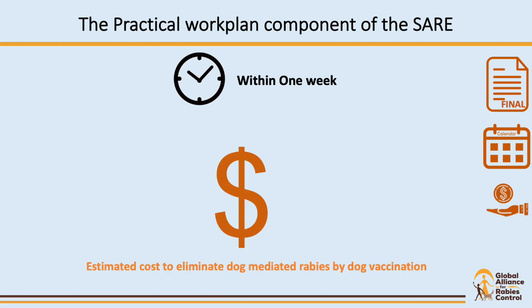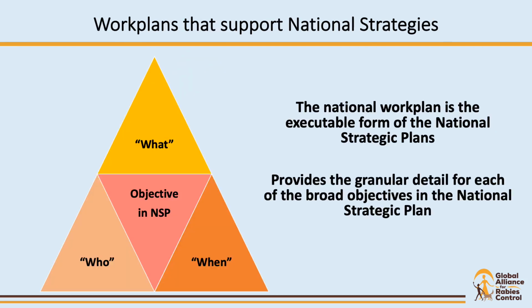If the global dog rabies elimination pathway tool is used, a cost estimate for the elimination of dog-mediated rabies by means of dog vaccination can also be included. Most importantly, within a week, a government has the finer details that are required to support the content of the National Strategic Plan. For example, if the strategic plan's objective was to vaccinate 70% of the dog population, the work plan provides a phased approach towards reaching this objective while also supplying timeframes, responsible authorities, and KPIs for each of